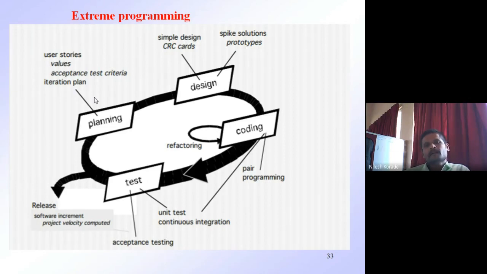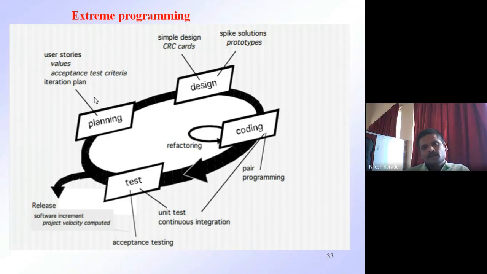So we are deciding the project matter by communicating with our customer. In the planning phase, user stories get values assigned by your customer and developer. Then we decide the acceptance test criteria. So what is acceptance testing? Acceptance testing means the project gets accepted by your customer. So we decide that criteria by communicating with our customer. Then we are also planning the number of iterations required to develop our project. So that is our deadline.